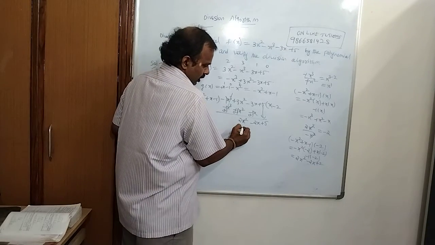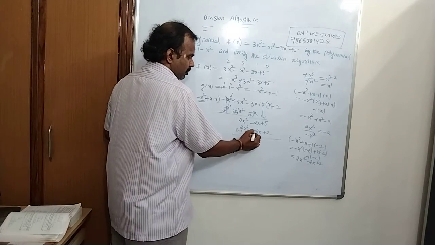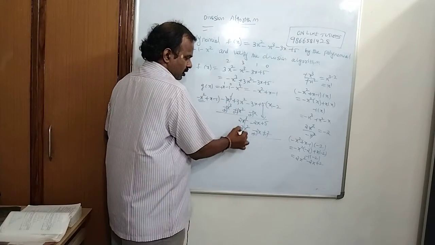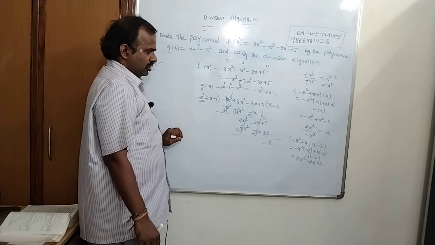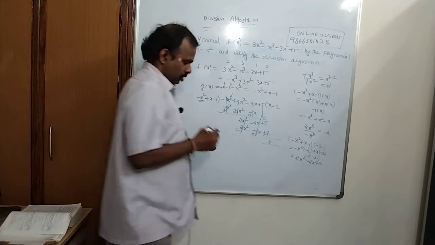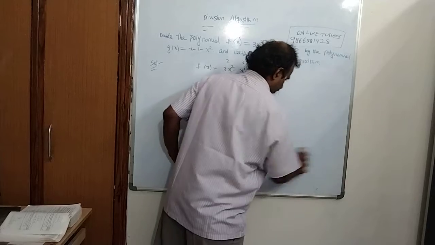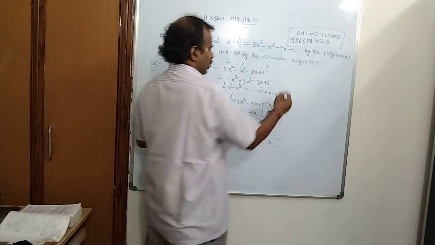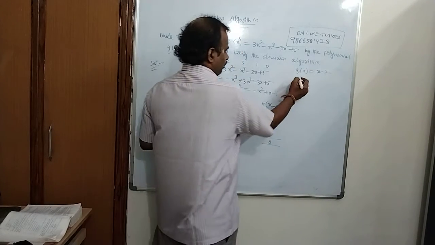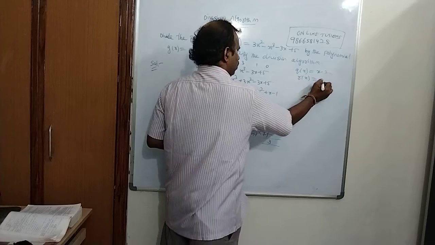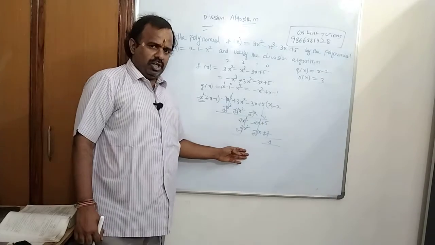Now right here it is 2x square minus 2x plus 2. This is minus, plus and minus, these two will get cancelled, these two will get cancelled. 5 minus 2, it is 3. So therefore the quotient q of x is x minus 2 and r of x is 3. Now he is asking you to verify whether the solution we got is correct or wrong.